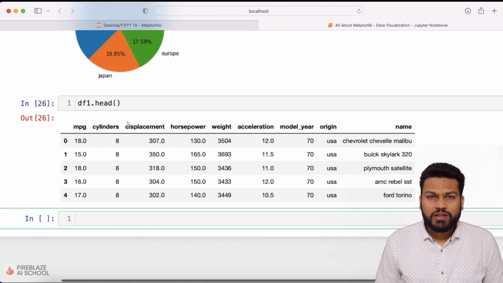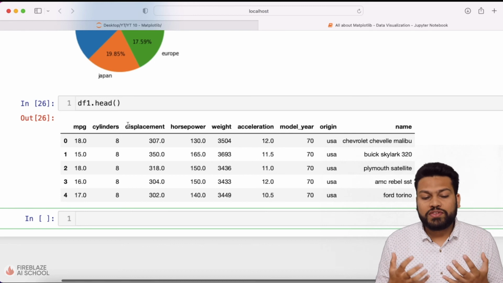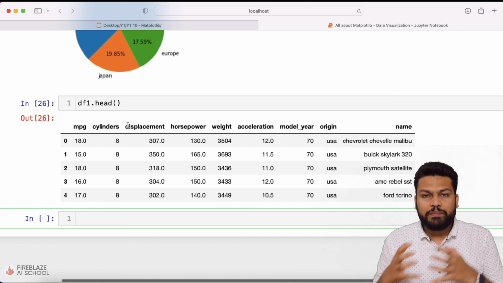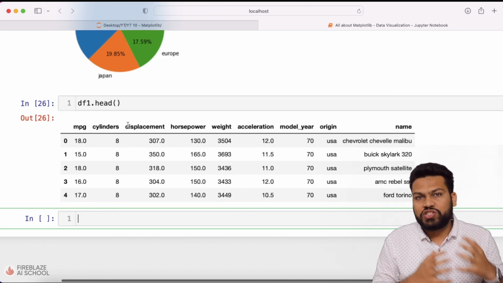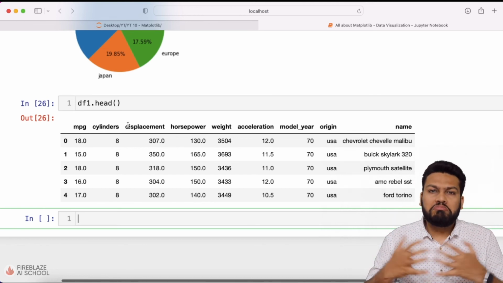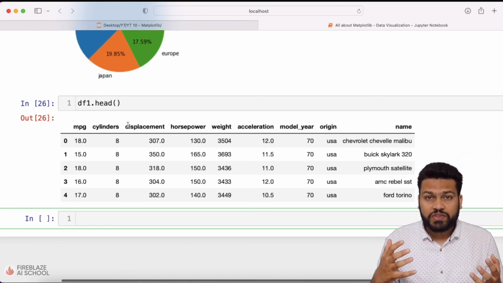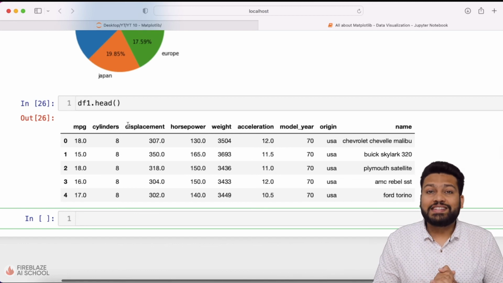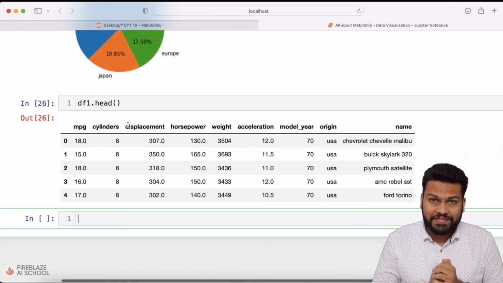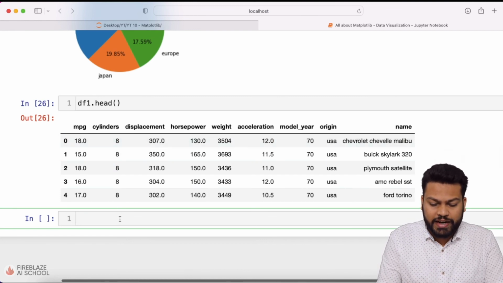I can obviously use a lot of different statistical parameters to do that, like correlation and all. But if I want to just know with respect to a graph what kind of relation these two hold, whether when the car is heavy the MPG reduces, or when the car is light the MPG increases, does both the features move up, move down? What is the direction, right? Upwards, downwards, what is the relation? For that, the best wonderful graph is a scatter plot, wherein each value is represented by a dot over the graph. So what we do for that is we write plt.scatter